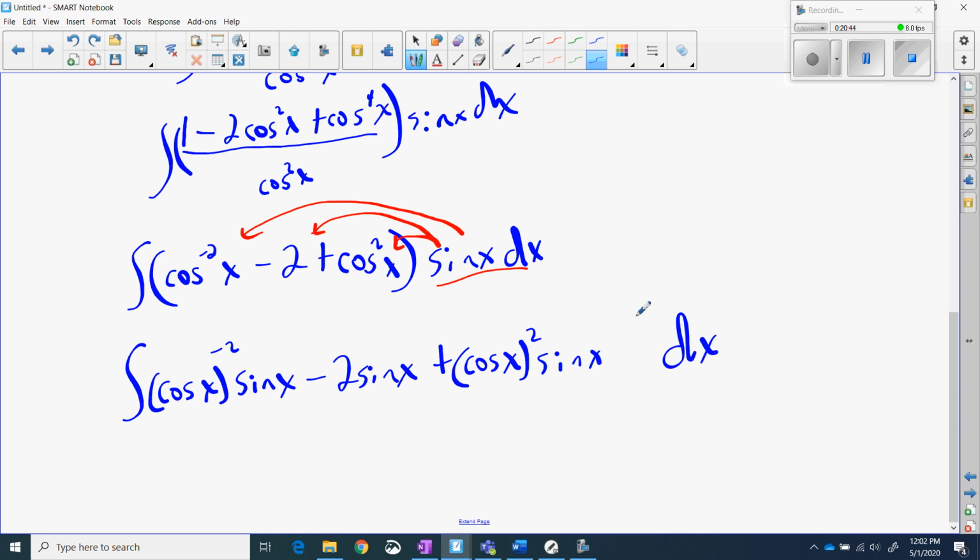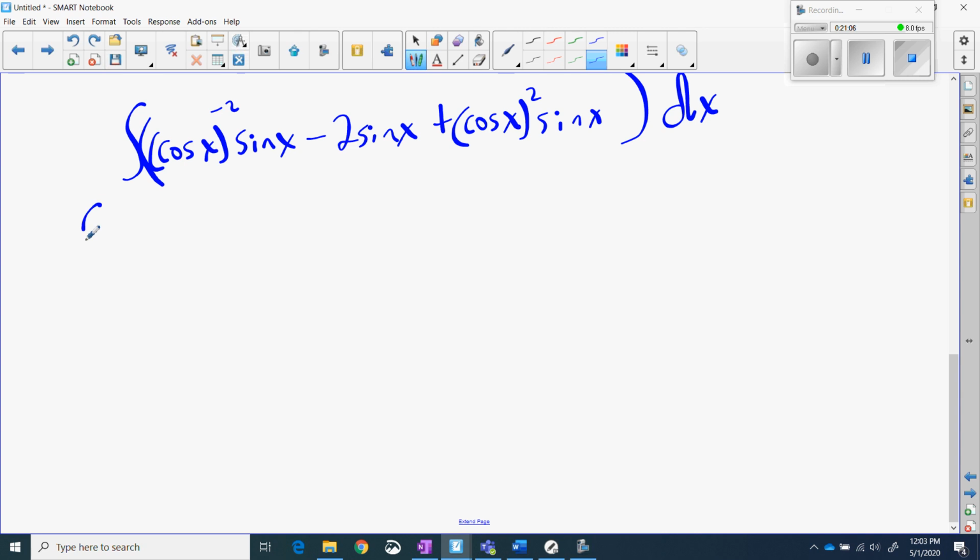And then you've got your dx. So all I've done is distribute sine of x to each one of those. And what it has done is it has set up u to a power du. U to a power du. And this is just a straight anti-differentiation rule. So if I split these all up now, what I end up with